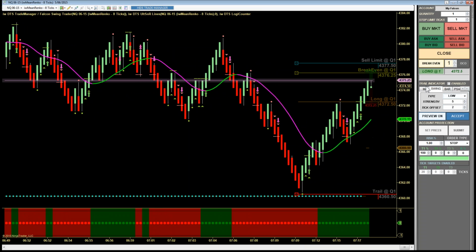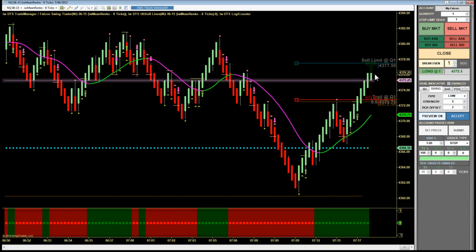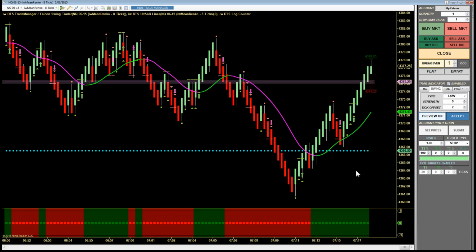So I still get to participate in the trade even though I'm risking less, even though it's in a downtrend. You see we hit our break-even stop on the Trade Manager. Trade Manager automatically rolls my stop now to break even, and hopefully it'll trend a little higher. There we go, and we hit our profit objective. So yes,